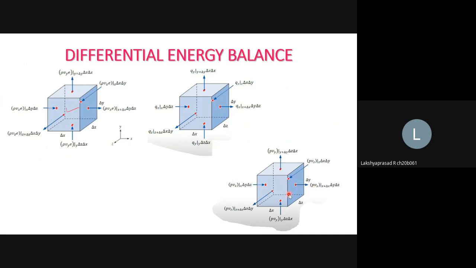And this is the work done due to pressure, or we can say the flow work. At the inlet, the work is done on the fluid, which is positive, but at the outlet where the fluid is leaving, the fluid is actually doing work against the pressure force, so that's why it will be negative. This is the direction of the velocity which is shown here. So P Vx at x plus delta x, delta y delta z, this quantity will be negative and this will be positive. And similarly along other directions.